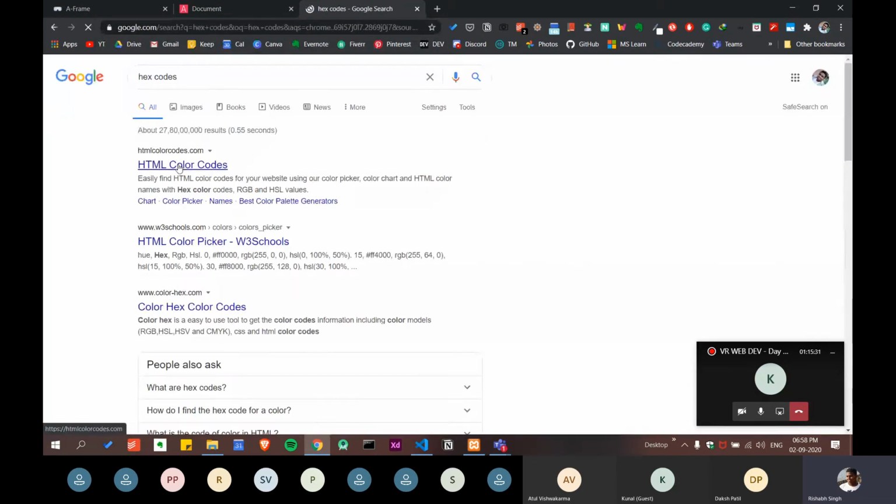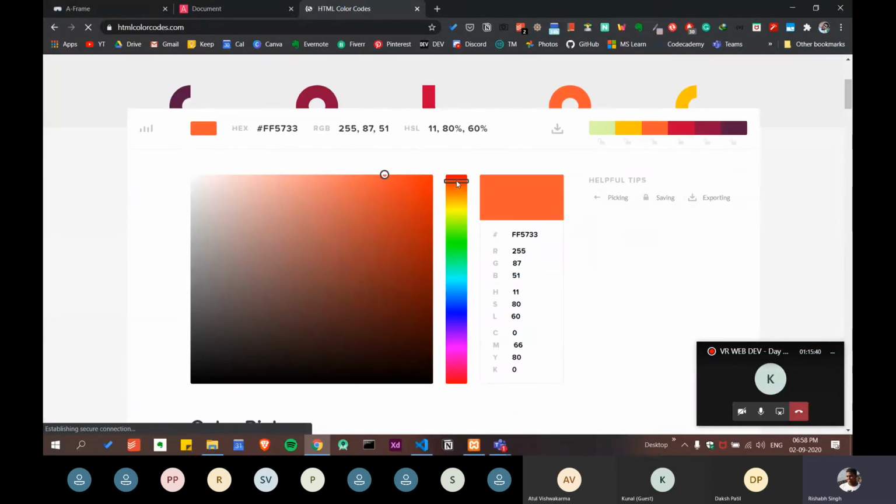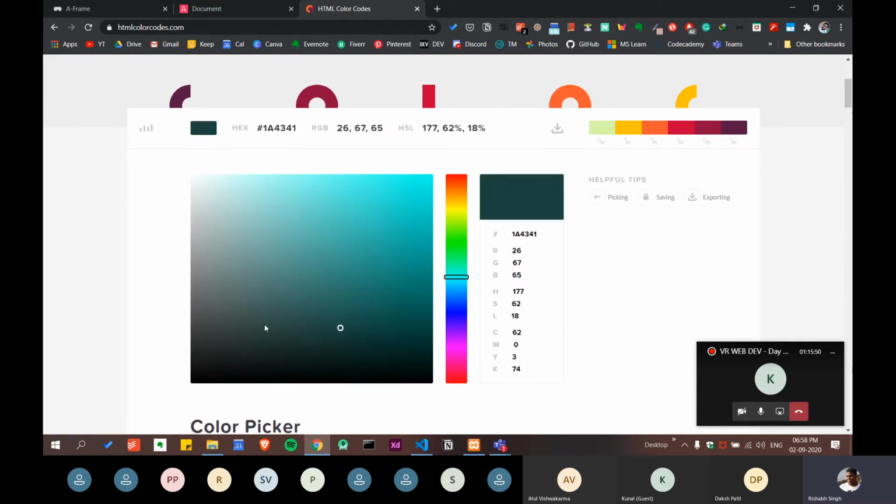Okay, so there is one website. Let's go in this. As you can see, you must have seen this many times. Suppose, as you can see, this is red. But if I want this particular one, you cannot remember the name of every single color. And what if I want a little darker shade? What if I want a little lighter shade? Every single color has this 6-digit code and also these RGB values. You can use either this way or the RGB values. Let me just pick a good color.